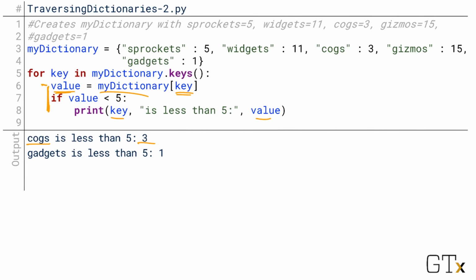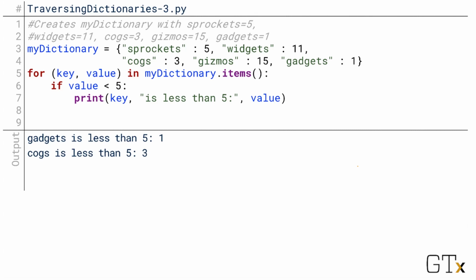Notice though, that anytime we do this, the very first thing we'll have to do inside the body of the loop is grab the value corresponding to that key. We can make this even shorter though. We can skip that step pretty much. Instead of iterating over all the keys alone, we can iterate over each tuple corresponding to a key and a value. Mydictionary.items returns a list of tuples, where each tuple is a key in the first spot and a value